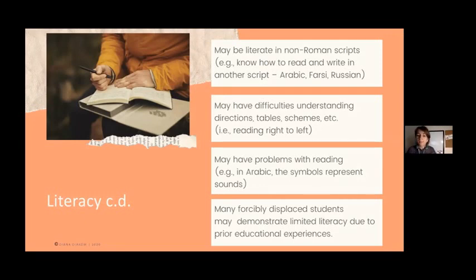And when it comes to the implications of that, one of those implications includes just an unfamiliarity with the educational system in itself. So you may have students who are confused, not only because you're teaching them, let's say, English or German, they're confused because they may not be really accustomed to the school environment. And I know that many of you teach in informal settings that don't look like regular classrooms, but still this is a setting where someone comes and is giving me instructions on something and I don't necessarily know what